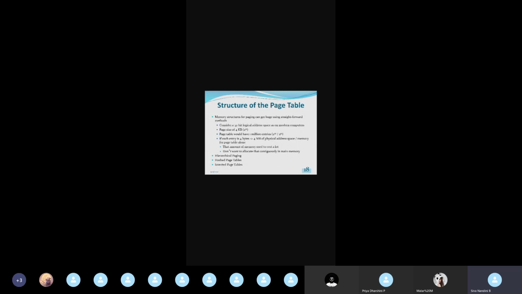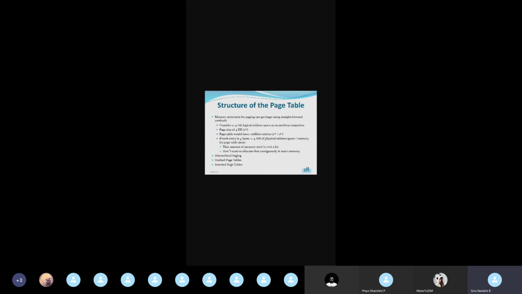So if I give 4 MB just for the page table, paging consumes a lot of memory. To avoid that, note that a large amount of memory will be required for the page table itself. Looking at physical memory, would we use this much memory just for the page table? So it is somewhat a waste of memory, and that thinking will come into my mind. Also, the page table has to be a continuous memory, so I need 4 MB of continuous memory for the page table.